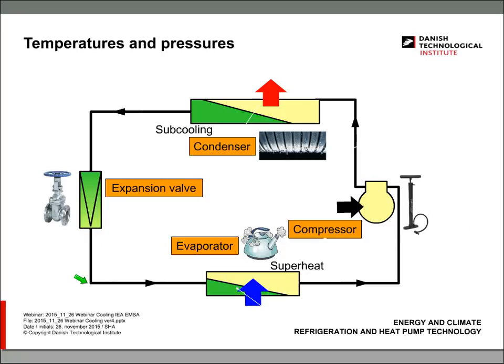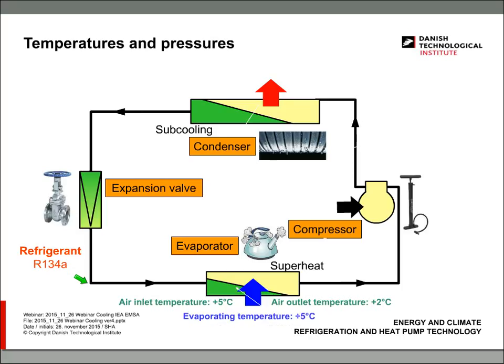So on this slide we see the system again, with all the components. I've added all these illustrations to show you what happens in the different components. But if we continue, of course we should add some refrigerant to the system and put it into the piping. In this case I've chosen a refrigerant used typically for normal cooling systems, called R134A. And if we use that refrigerant in the system and put it to some cooling purpose,